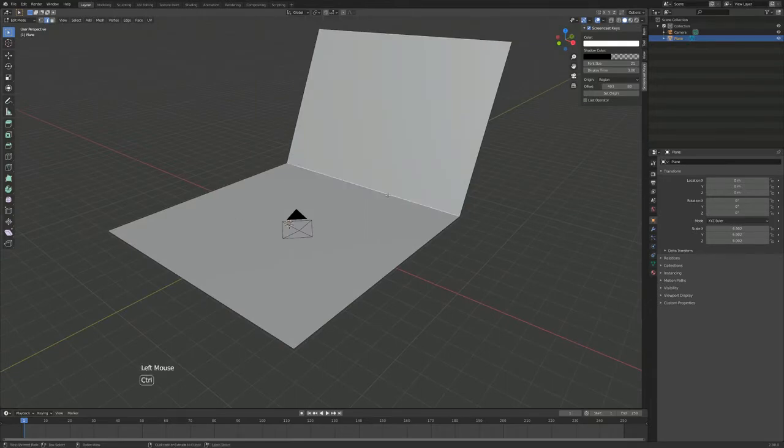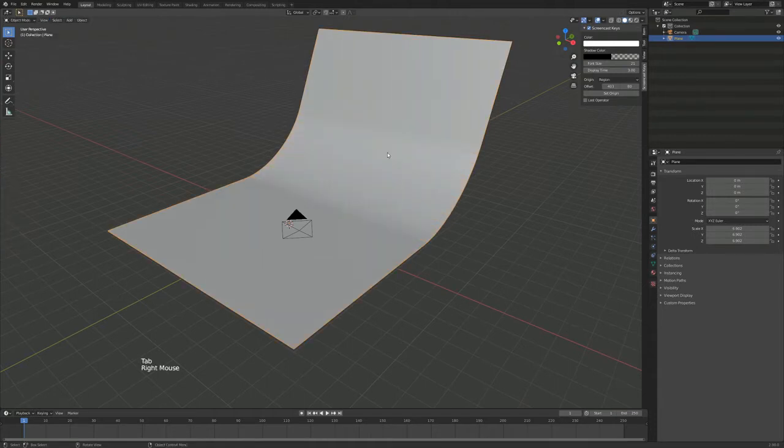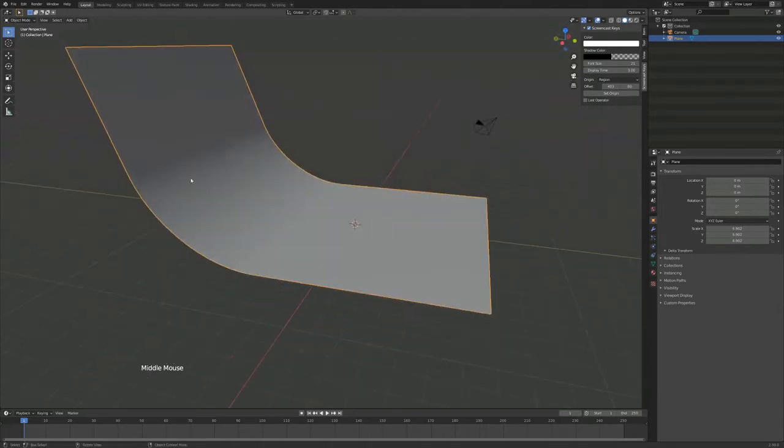So just left click and hit Ctrl B, click and drag, and then scroll with your mouse wheel. You can also use plus and minus buttons on the numpad if you want. So I'm just going to make a smooth transition from the floor to the walls, and just left clicking to apply, and then hit Tab to go out of edit mode, right click, shade smooth. Then there's your perfect